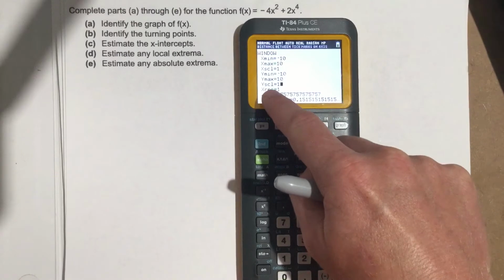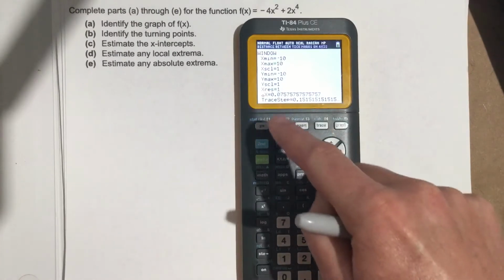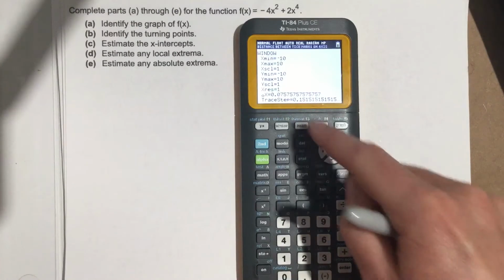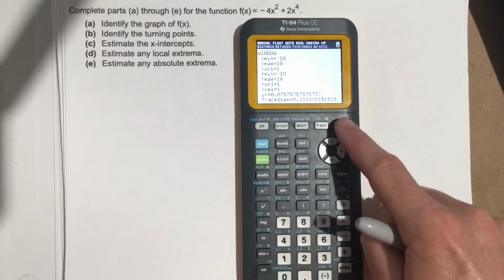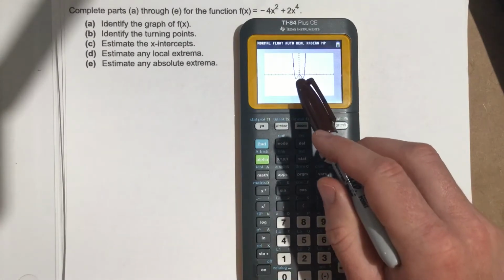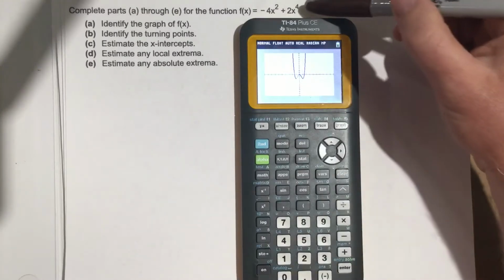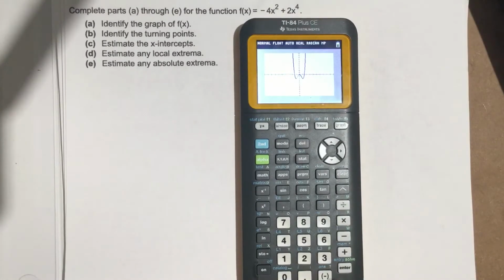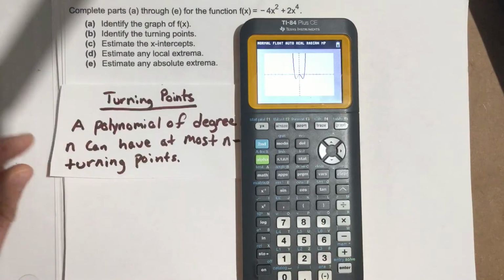Remember, the YSCL stands for going up by ones on the Y scale, and same thing for X. We're going to hit the graph button, and let's see if we get the graph that we're looking for. Now, I know this is the graph that we're looking for because we have a degree 4 polynomial. And if we look at the number of turning points for a degree 4,